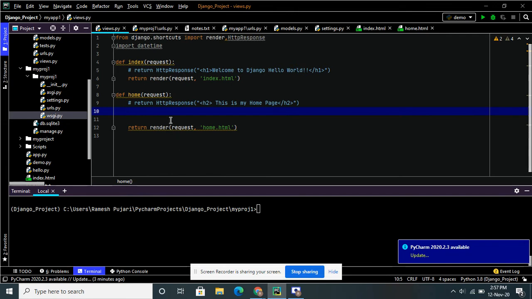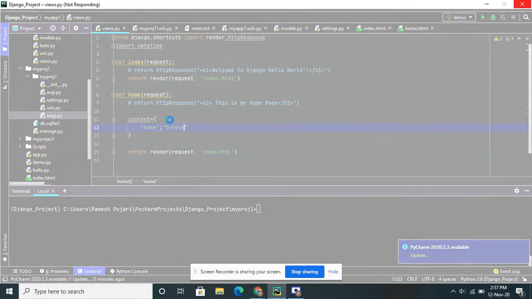Now I will define some variables. Let us say context is equal to a dictionary, as I already explained, in the form of key and value. Here my key is name and the value is Suresh.